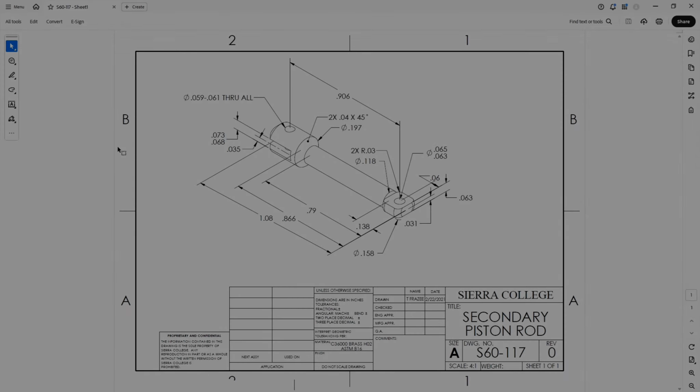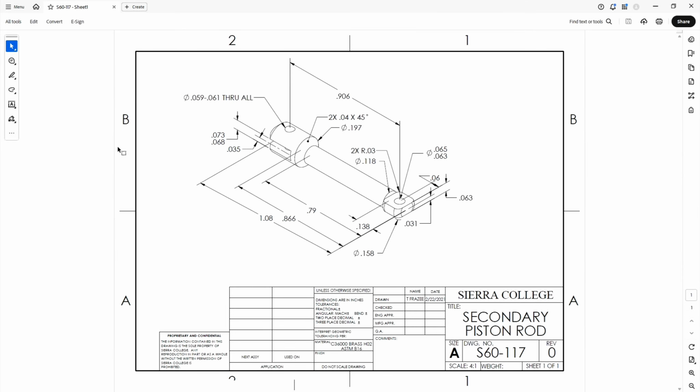Class. This is the video tutorial for modeling the S60-117 secondary piston rod. We're going to model this, and it goes along with a family of parts that have